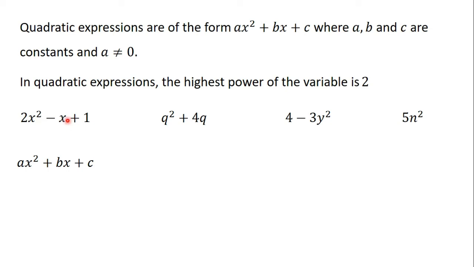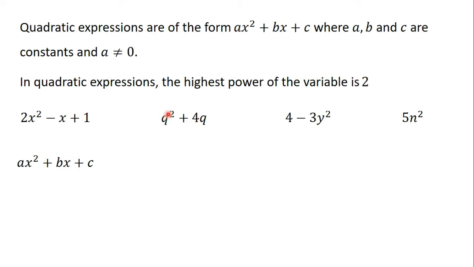So if we apply that here, we can see that if the coefficient of x squared here is 0, we will have 0 times x squared, which will eliminate this whole term. So this whole term will be 0, and we'll be left with 0 minus x plus 1, which will give us minus x plus 1. Minus x plus 1 is not a quadratic expression. In the same way, when we come here,